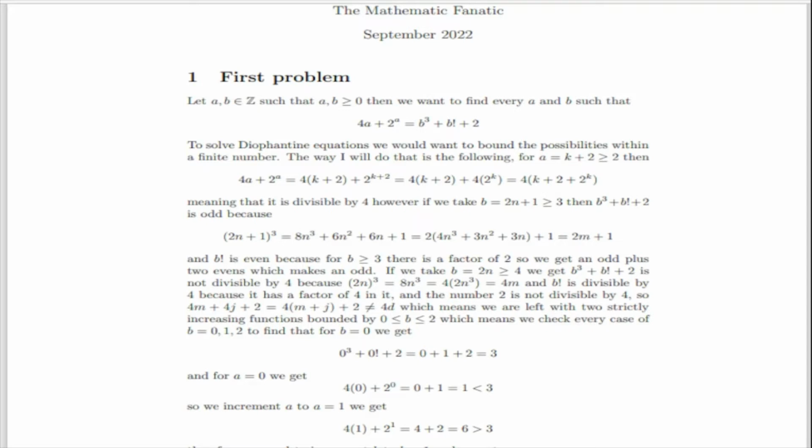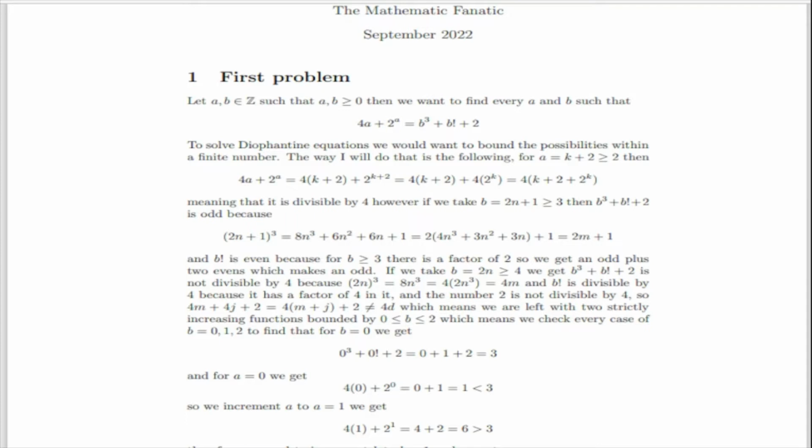If we take b equals 2n, which is greater than or equal to 4, we get b cubed plus b factorial plus 2 is not divisible by 4, because (2n) all cubed equals 8n cubed, which equals 4 times 2n cubed, which equals 4m. And b factorial is divisible by 4 because it has a factor of 4 in it. And the number 2 is not divisible by 4. So 4m plus 4j plus 2 equals 4 times (m plus j), all plus 2, which is not equal to 4d, where d is an integer, which means we are left with two strictly increasing functions that are bounded